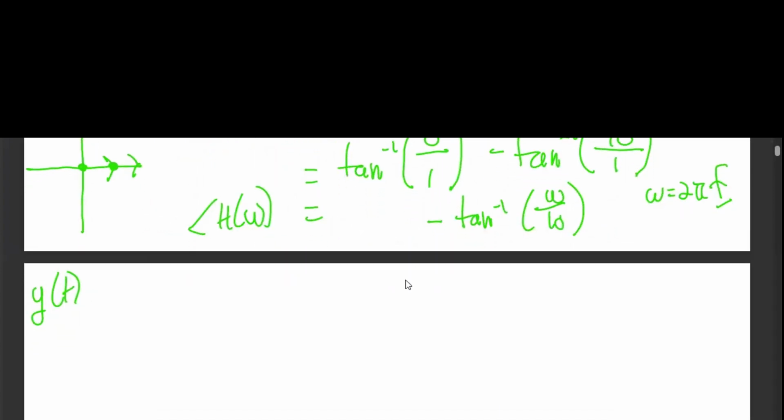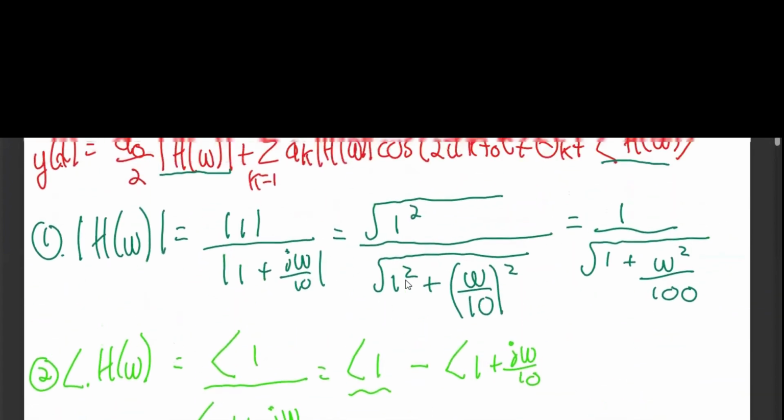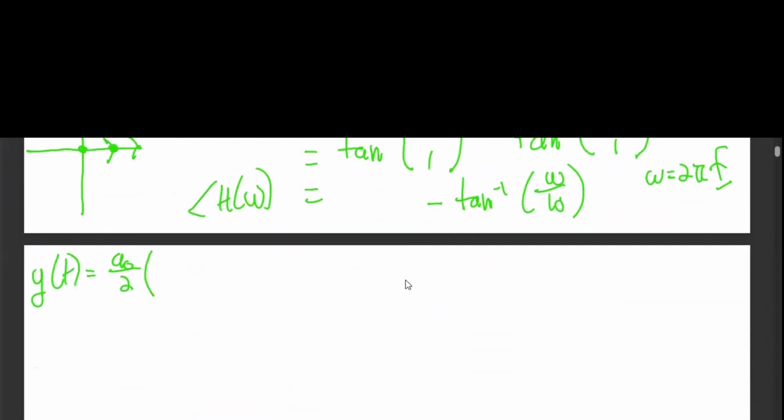Right, so y of t would just be, so you have a naught on 2. You have to multiply that by the magnitude response, which was 1 on the square root of 1 plus omega squared on 100, plus the sum k equal to 1 to n of ak